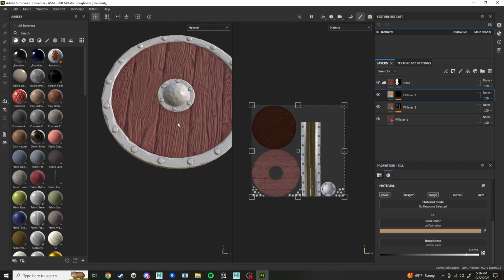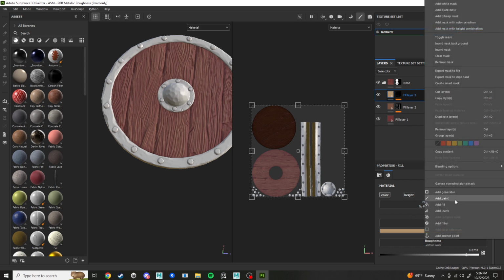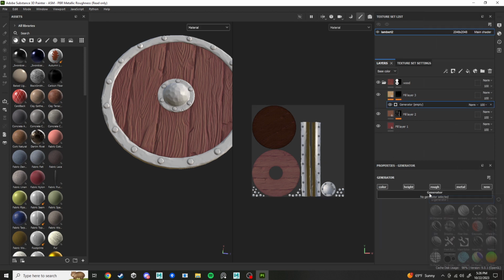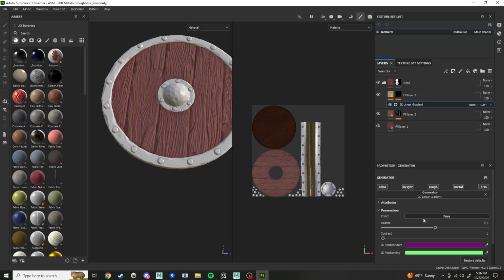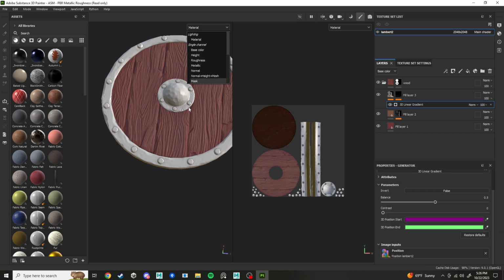So there's that. There's only one last generator that I want to cover, so let's just add a generator. And I'm going to do a 3D. I'll do a couple more. So I'm going to do a 3D linear gradient, and this one looks at your position map. So if you go to position,